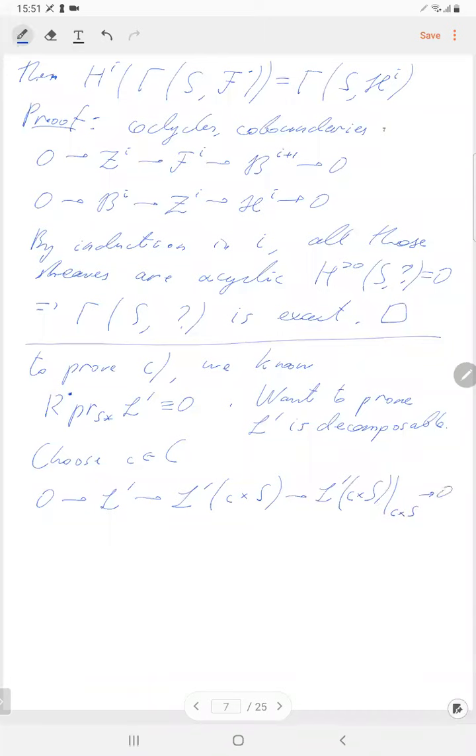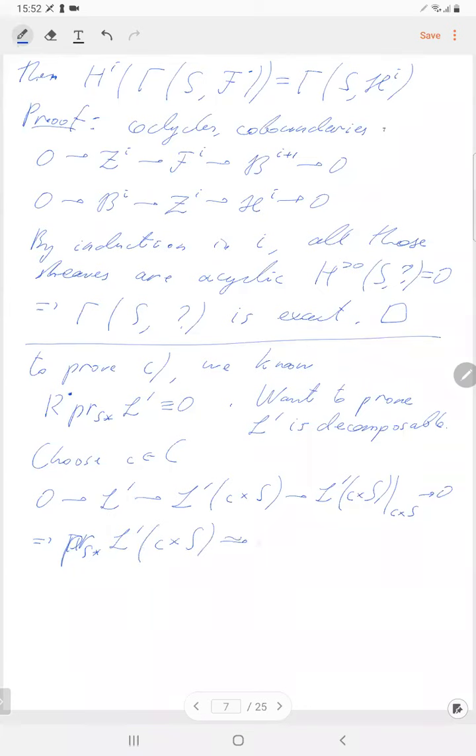Okay, and now recall that L prime, well, you don't have to recall much, it's written here, but L prime is absolutely acyclic. So the long exact sequence of higher direct images implies that the direct image, projection to S direct image of L prime twisted by the fiber, maps isomorphically